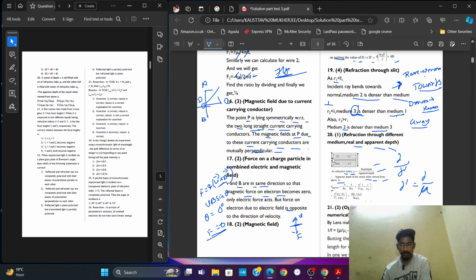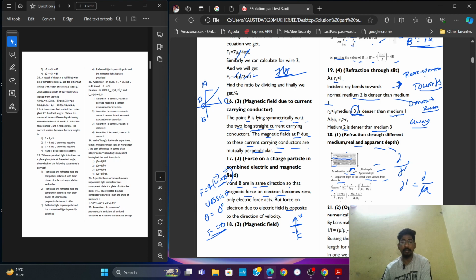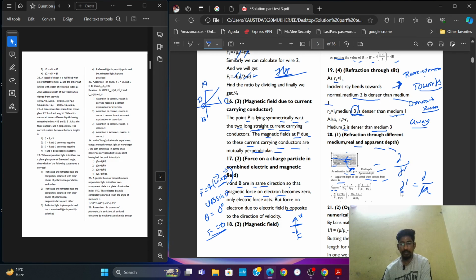See this, this is the water and this is the oil, right? If you watch from above, the light passes through this medium and this medium too. So you have to take into account this medium and also this medium, right? So d dash for the water will be equal to x by mu, and for the other one is also x by mu, right? So the total change in the depth will be equal to